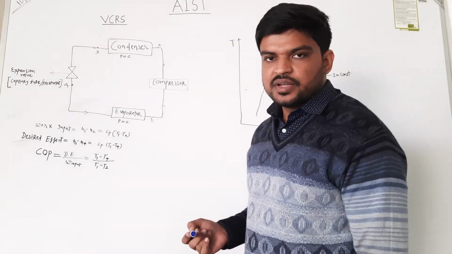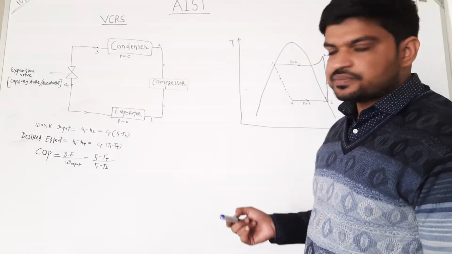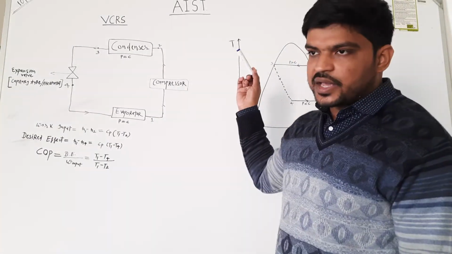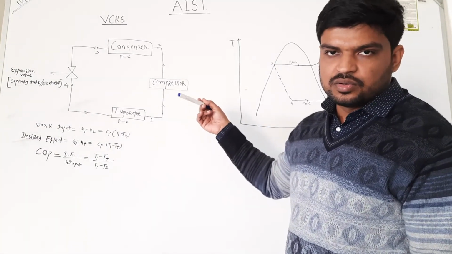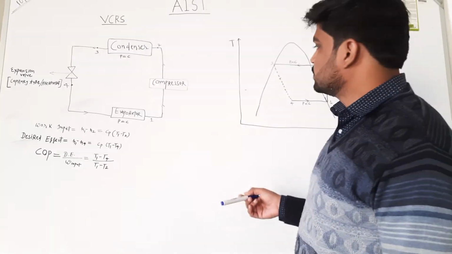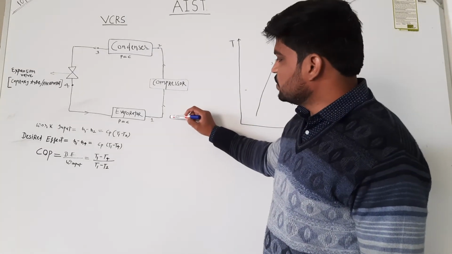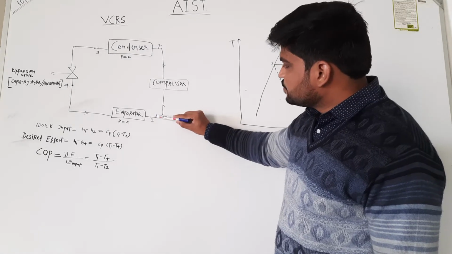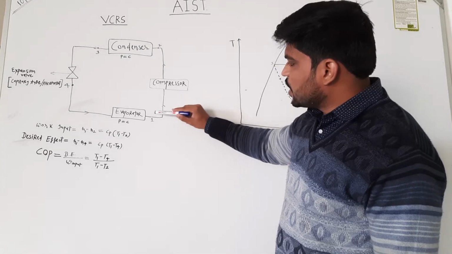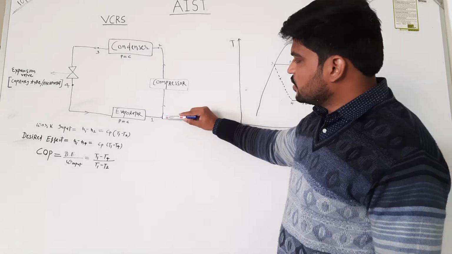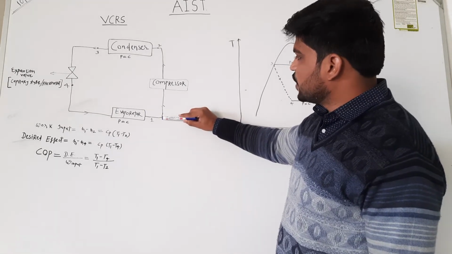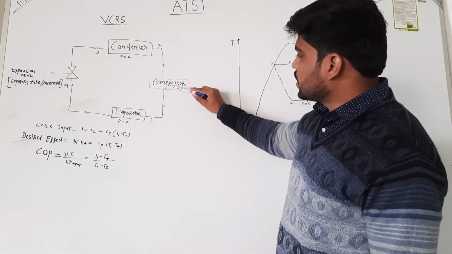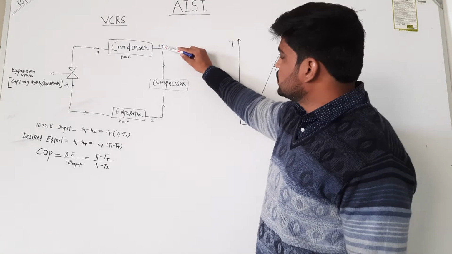What does it mean? It basically means that it is a power absorbing cycle. It means we are giving external work into the cycle to produce the desired effect. Firstly, the heat is extracted in the evaporator, then this is the entry point to the compressor. After flowing from the evaporator, it is converted into vapor, and this saturated vapor is compressed in the compressor